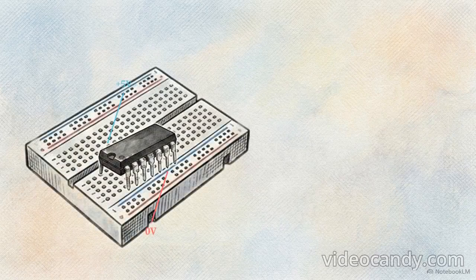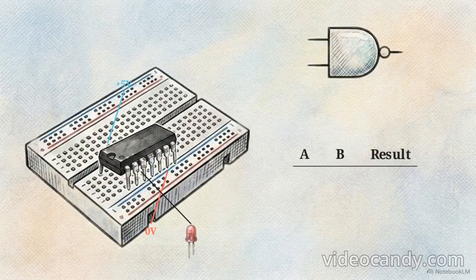With the chip correctly wired, we can test the specific rule of the NAND gate. It produces a low output only when all of its inputs are high. Everything else yields a high. Let's look at the simulation. We apply 0 volts to inputs A and B. Both pins are low. Following the rule, the gate outputs 5 volts, driving the logic state high and illuminating the